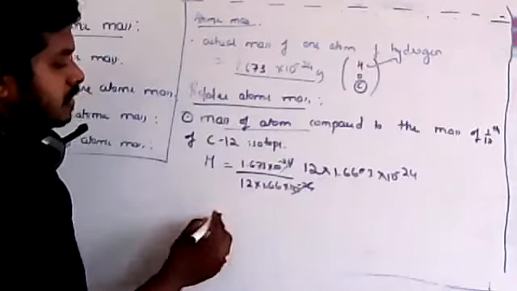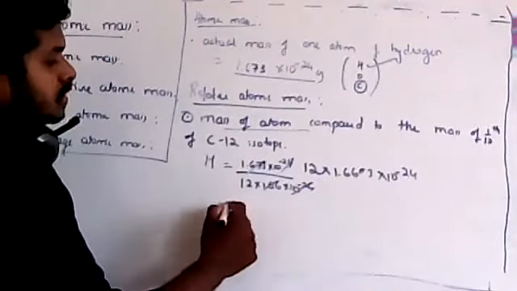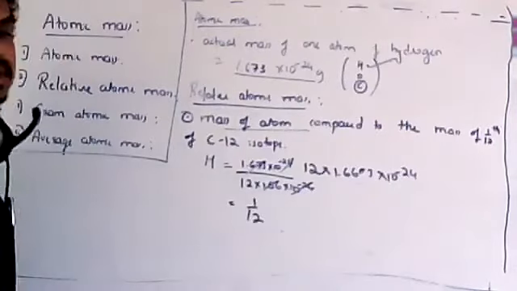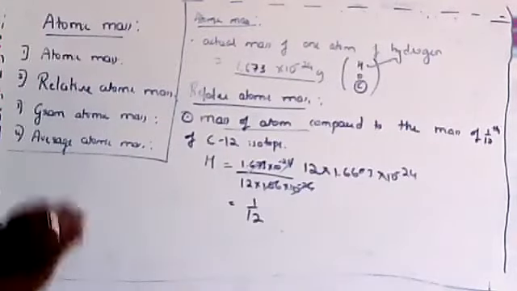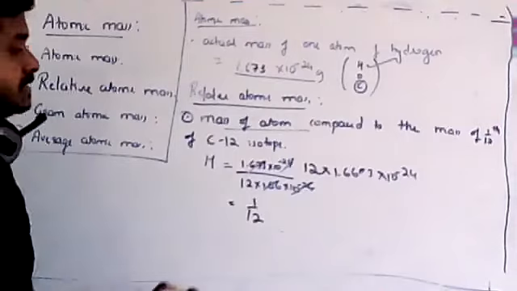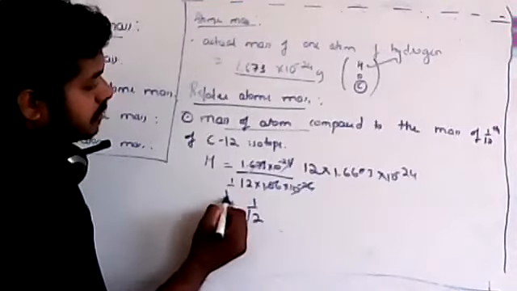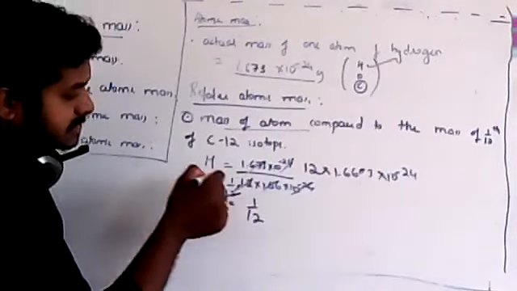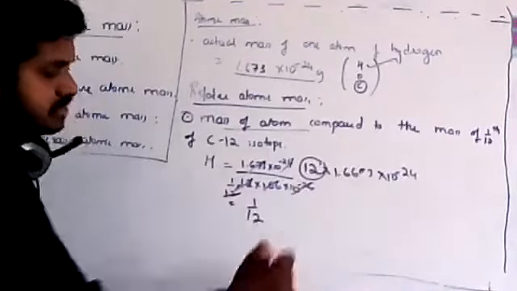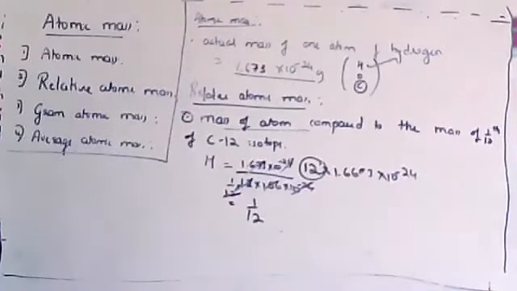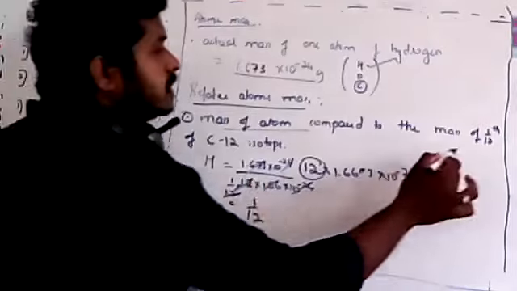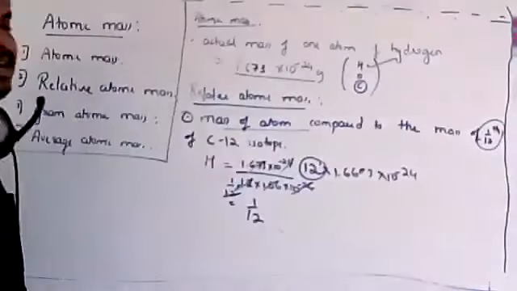No doubt this will cancel out. This will also almost cancel out. You'll get the value as 1/12. Again, you're getting a decimal point. So to clear that confusion, what you'll be doing here is dividing this by 1/12, so that I can cancel this extra 12 that is there. You have to cancel it. So for that reason only, you have to take it as 1/12 the mass of the C12 isotope.